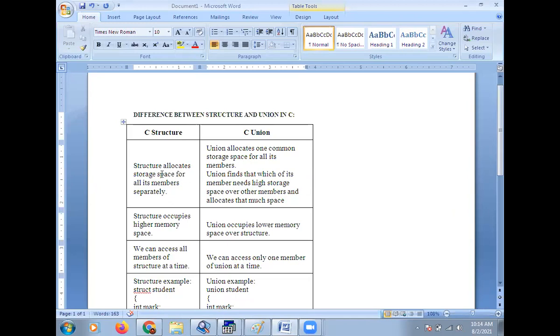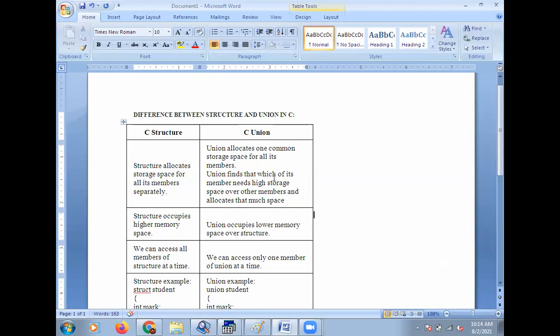Structure allocates storage space for all members separately. Union allocates one common storage space for all its members.